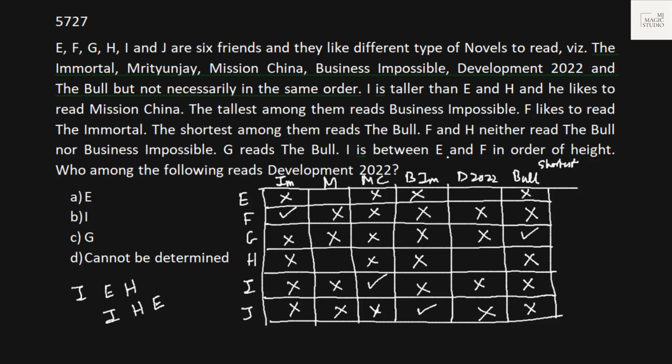Okay. I is between E and F in order of height. I is not the tallest, and the tallest is reading Business Impossible. That means I is not reading Business Impossible. That was sure. Business Impossible is by J. J is the tallest. I is between E and F. So it should be F, I, E